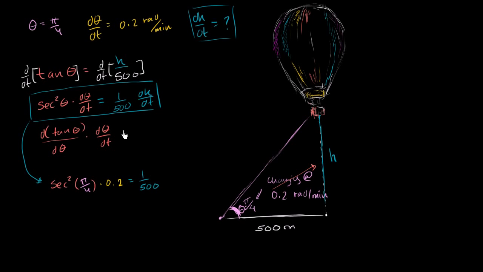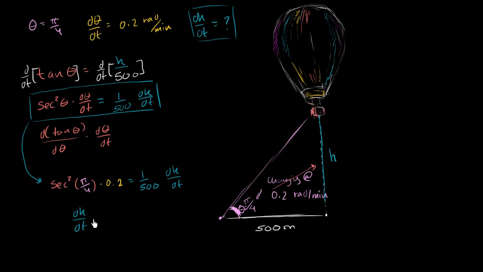1 over 500. And we want to make sure, since this is in radians per minute, we're going to get meters per minute right over here, and this is meters right over here. We just want to make sure we know what our units are doing. I haven't written the units here to save some space. But we get 1 over 500 times dH/dt. So if we want to solve for dH/dt, you can multiply both sides by 500,